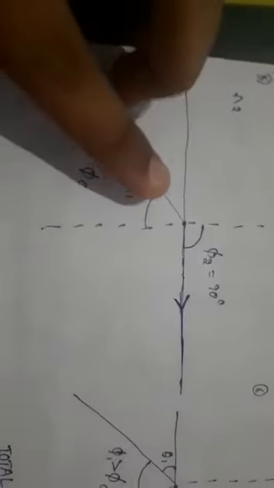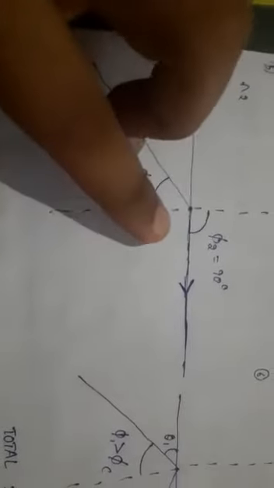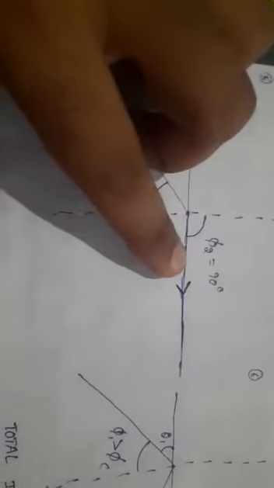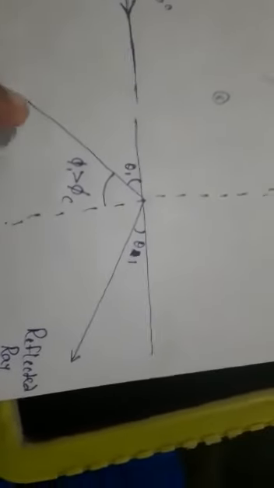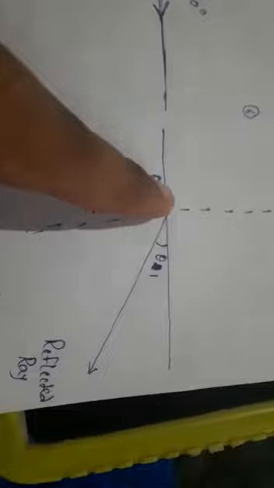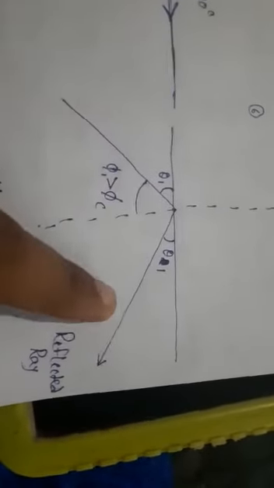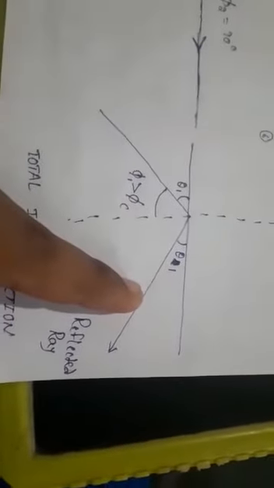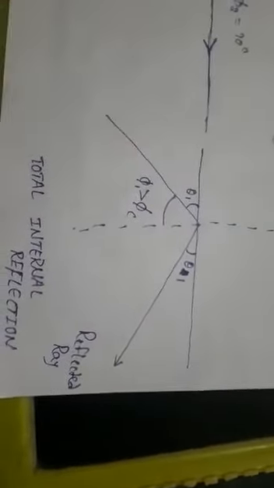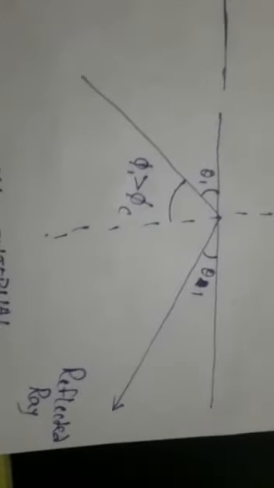Next, again I am increasing this angle of incidence. At that time the reflected ray will move backward into the same material. Whatever light we have applied to the one material will be reflected back. Here in this plane we have the incident ray, normal line, and reflected ray. This entire plane is called the